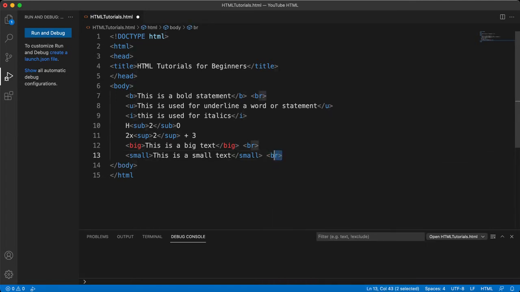Let me add this break rule for all other statements for clear understanding. So we have written the bold, underline, italic, subscript, superscript, big, small, and next line the strike one.